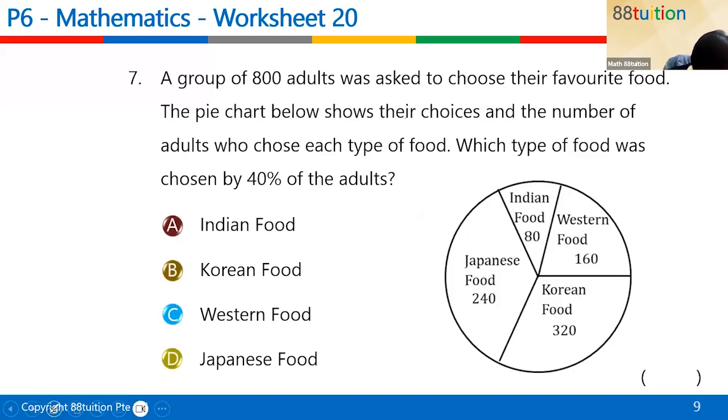Okay, next question. A group of 800 adults were asked to choose their favorite food, and the type of food they chose was presented. Which type of food was 40% of the adults? So how much is the 40%? Because this is 800. So you need to